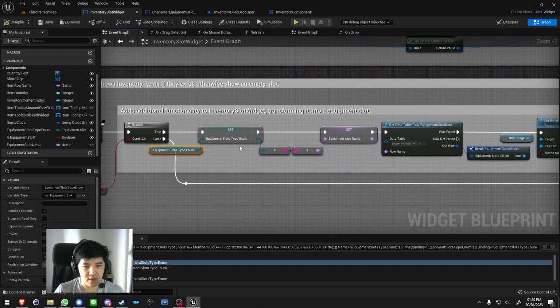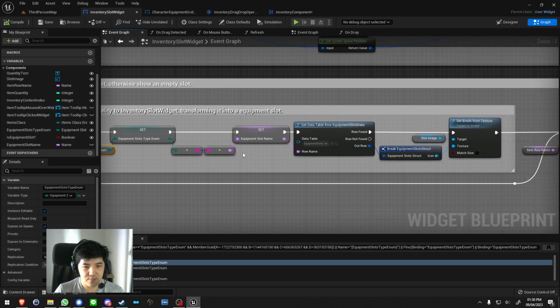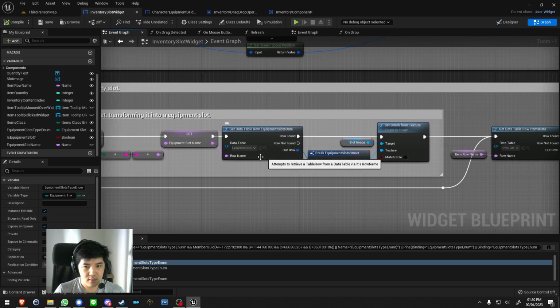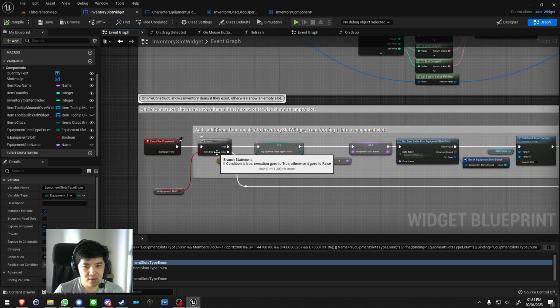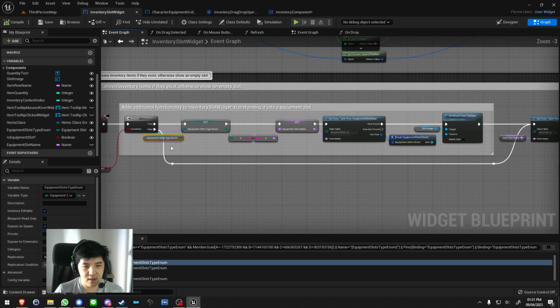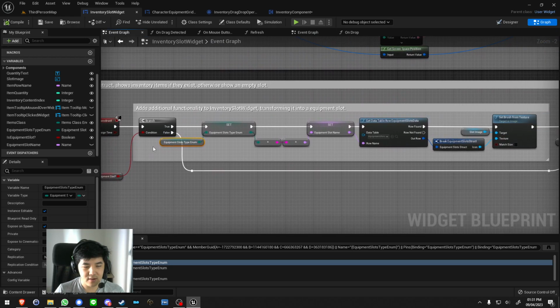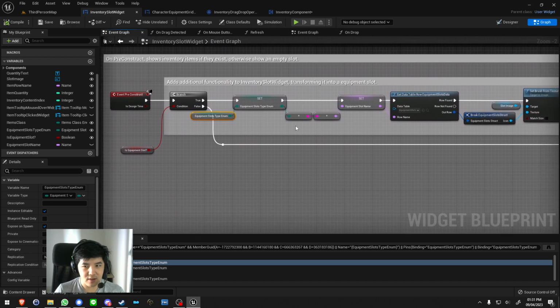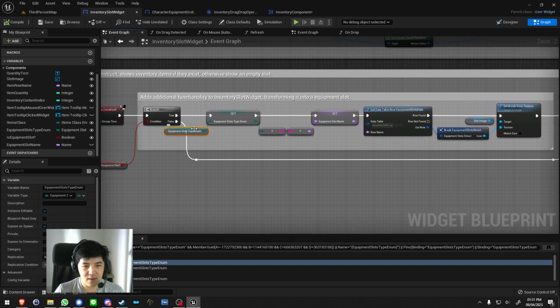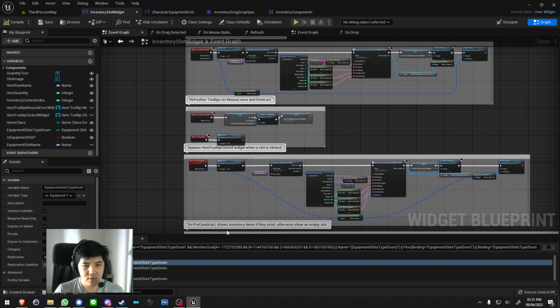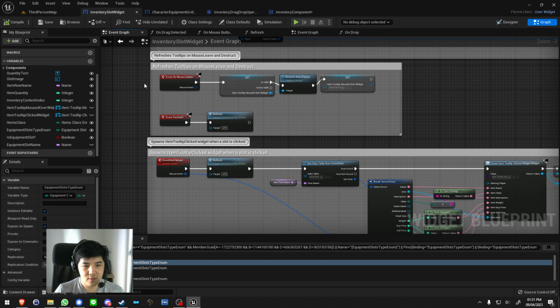to transform it into an equipment slot. But this is for pre-construct. That means this is almost like editor functionality. But that's okay because it means if we put it